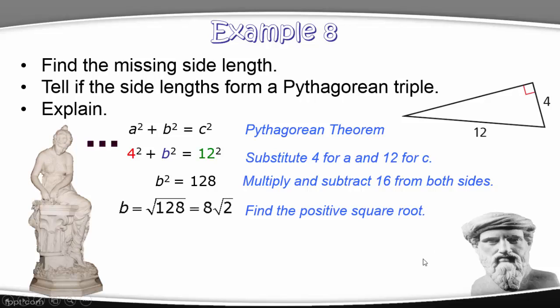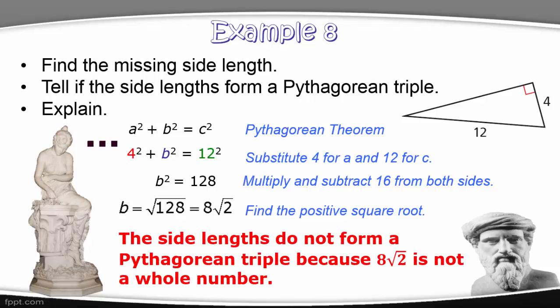And we find the positive square roots, meaning we look for the hidden perfect square, and we find out that that's 64, and 64 times 2 is 128, and the square root of 64 is 8. So that's how we get the 8 here, because we took the perfect square, 64, and pulled it out, and we were left with 8 square root of 2, since 2 is not a perfect square. Unfortunately, the side lengths do not form a Pythagorean triple because 8 square root of 2 is not a whole